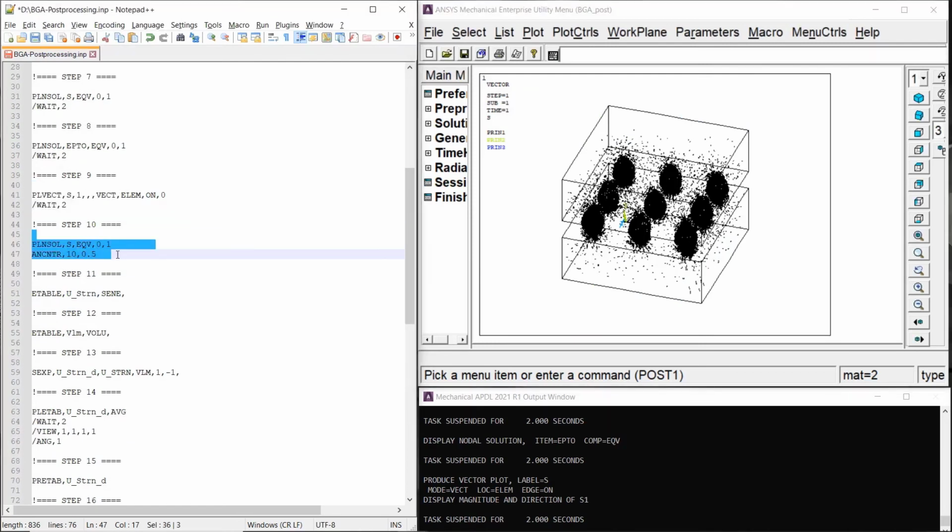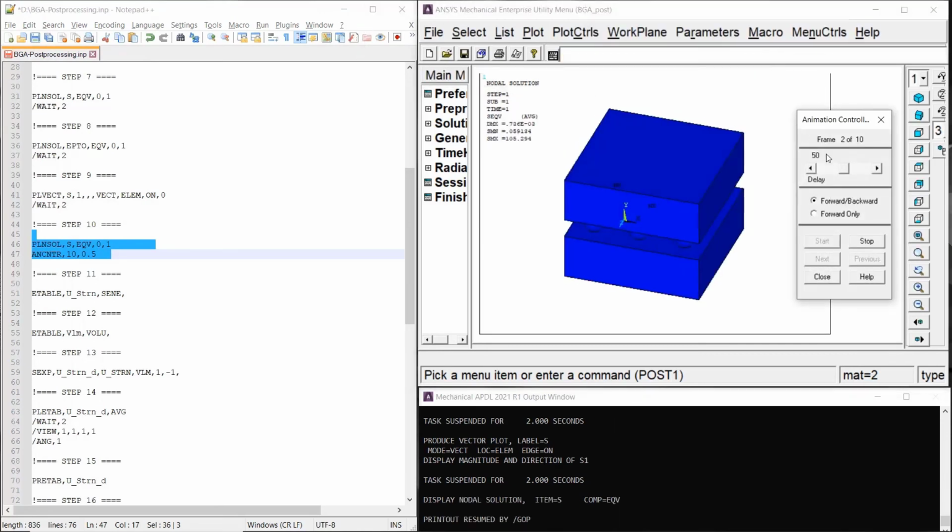Animation of deformed shape is displayed using ANDSCL. Here one can choose to animate the deformed results such as nodal deformation and stresses using the ANCNTR command, along with the number of frames and time delay in seconds control. The preceding deformed result quantity will be animated when this command is used. In addition to this, one can animate over a time range for problems having multiple load steps using ANTIME.